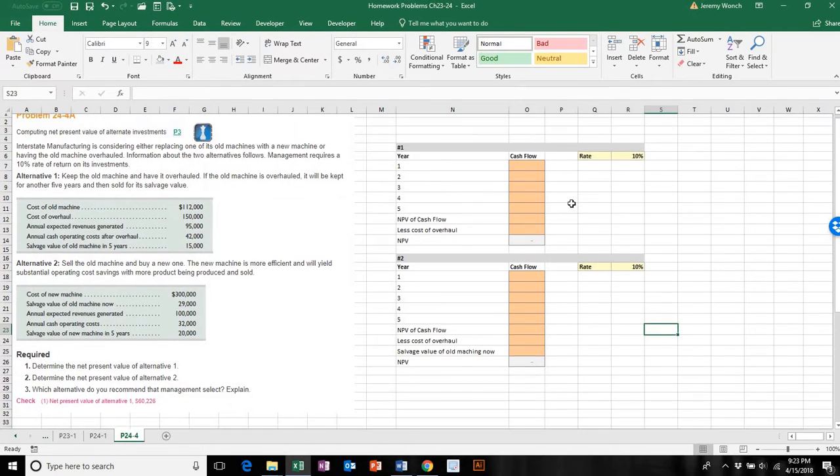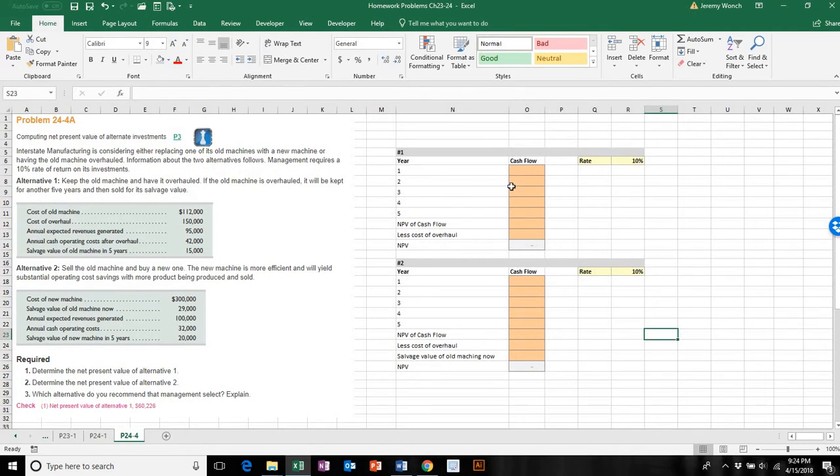In our first alternative, we keep the old machine. So we just want to figure out what our net cash flows are if we keep this machine. And so that's just going to be